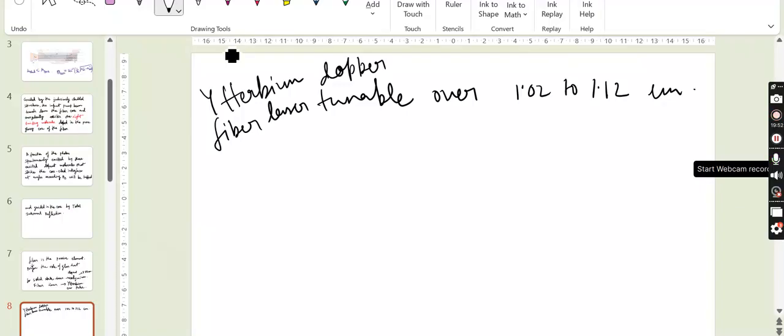because the neodymium solid state laser was already producing coherent light at 1.06 micrometer, and they are being used in many industrial and scientific applications. The other dopants for fiber laser are